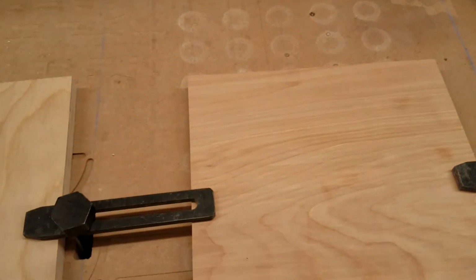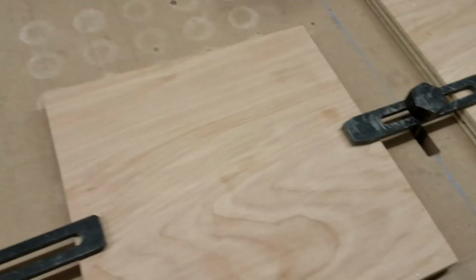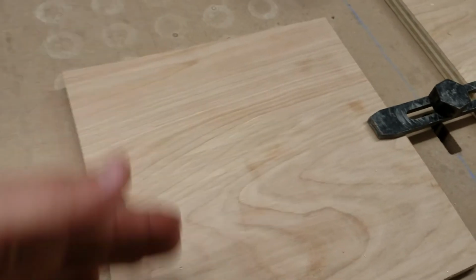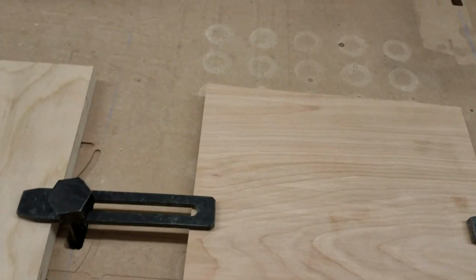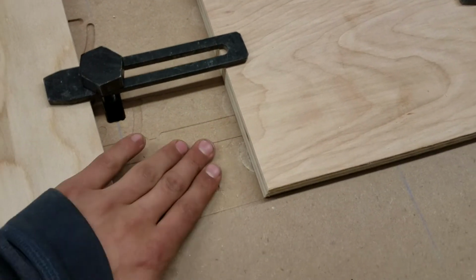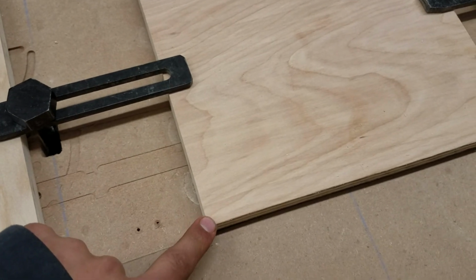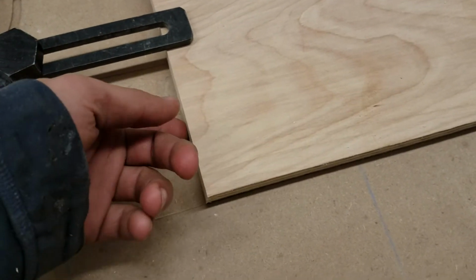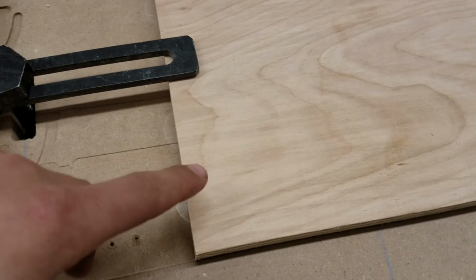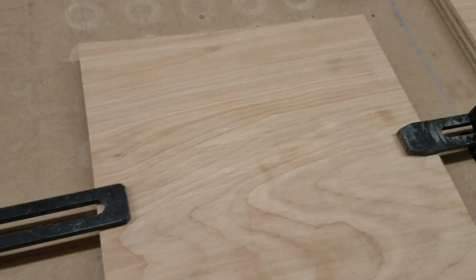So the way we're going to do that is by coming over, and we want to touch off the x-axis. So somewhere here, somewhere on the y-axis. In this case, along the y-axis, we want to tell it down on this edge, and then the z-axis. So on the z-axis, we're actually going to be touching off this surface, but instead of the shapeoko where you have to do them all simultaneously, you put the bit right in this corner and then touch off all of those axes simultaneously. Here you can do each of them individually, which is better for a lot of reasons. So you can do them all simultaneously if this is a convenient point for you,